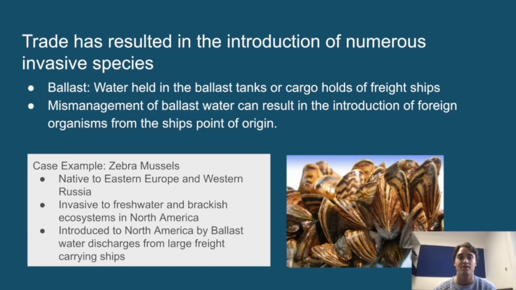A great example of this invasive species introduction through ballast water is zebra mussels. Currently, zebra mussels are ravaging numerous freshwater and brackish water ecosystems around North America, specifically Canada and the US, and they're native to Eastern Europe and Western Russia. I know in my local ecosystem at home, the Indian River Lagoon, they seriously outcompete some of the native oyster species that help to filter chemicals out of the water. So it's resulted in reducing water quality, while these invasive zebra mussels outcompete our